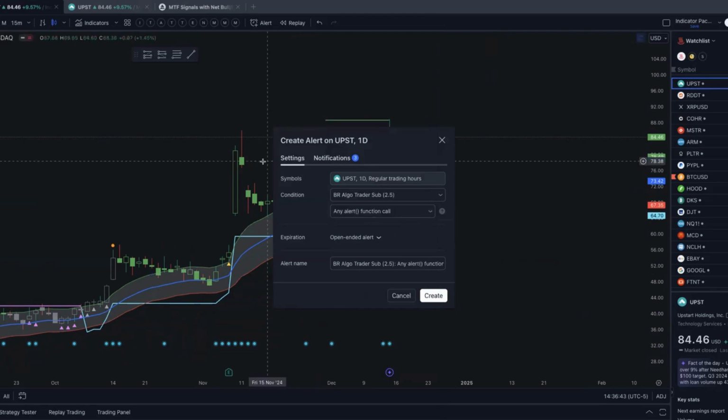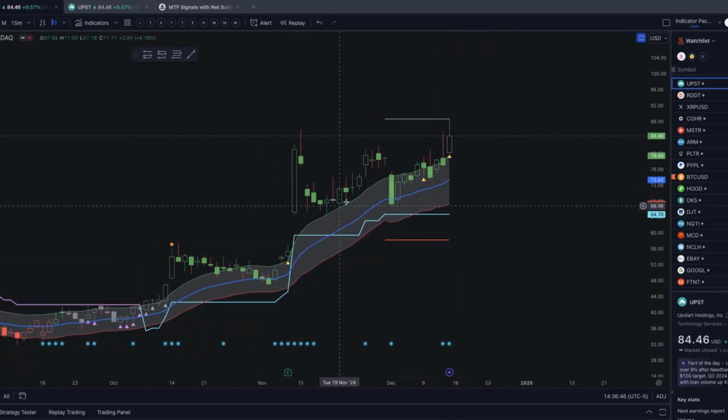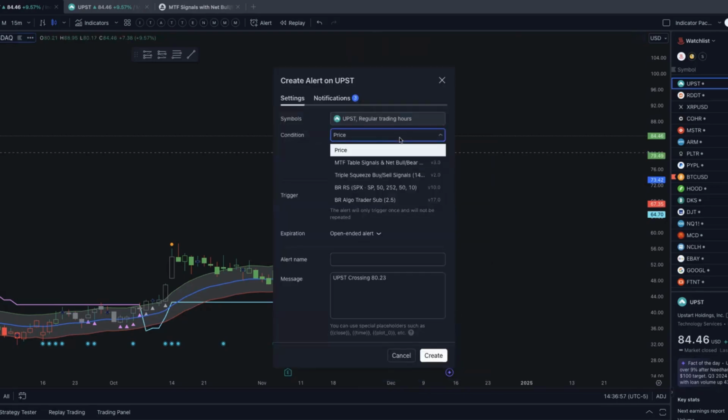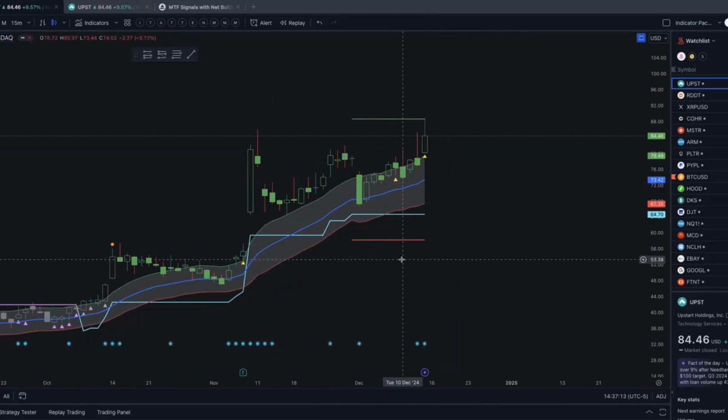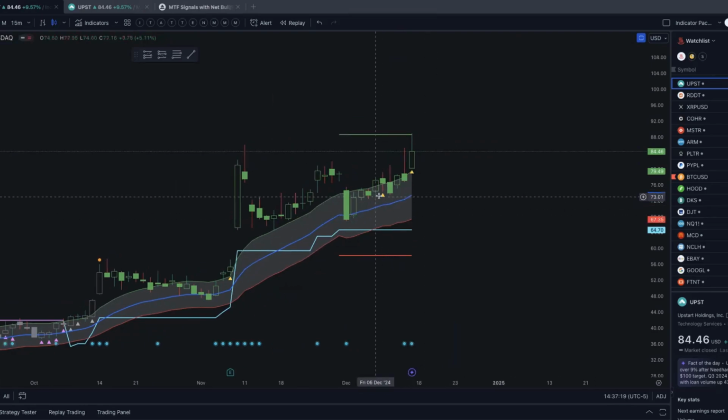So for example, if we were going to want to take a trade on Upstart, let's say it was somewhere back in here, and we're like, oh, I like the way Upstart looks. Okay, I'm going to set an alert for whenever there's a buy signal, it'll ping my phone. And then you just go in, you click the indicator, and then boom, you just click any buy signal, or if you're looking for a specific buy signal, it gives you those options. Whatever you favor, or you're like, I don't care, I want any buy signal. You can do that. You set the alert, it pings your phone, it says, hey, buy signal on Upstart or your TradingView app. And then you go in, you say, okay, it's in the buy zone, take your entry, boom,